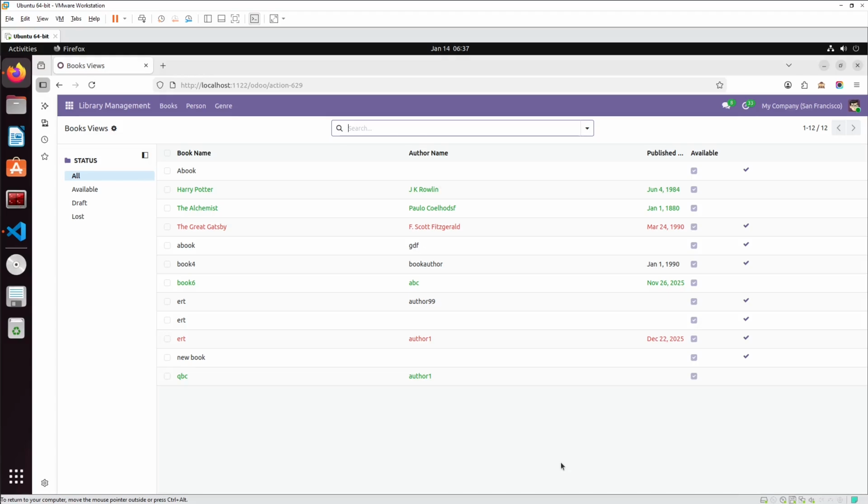In our previous lecture, we studied how to disable create, edit and delete from the views of that particular model in our Odoo 19 for our custom module. In today's lecture, we will be studying how to add a widget known as badge in Odoo 19 for our